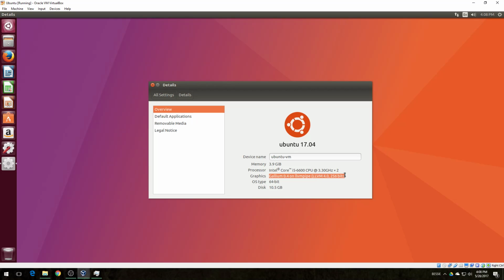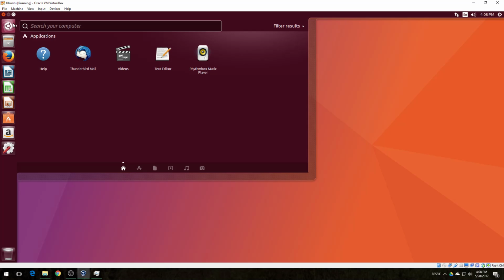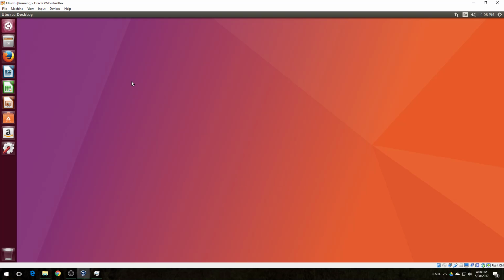It didn't recognize my video card, but I wouldn't expect it to really. I think it's emulating that for the most part. And I will say that this performance is pretty good. I was having some trouble with it. I had turned on 3D acceleration, so I turned that off in VirtualBox, and I had also tried to install this in Hyper-V, and Hyper-V does not like it at all.